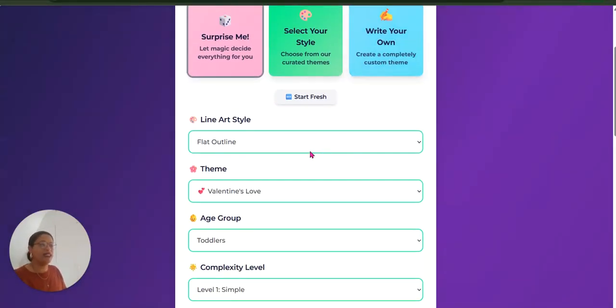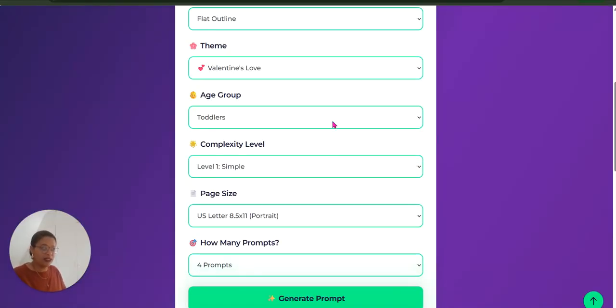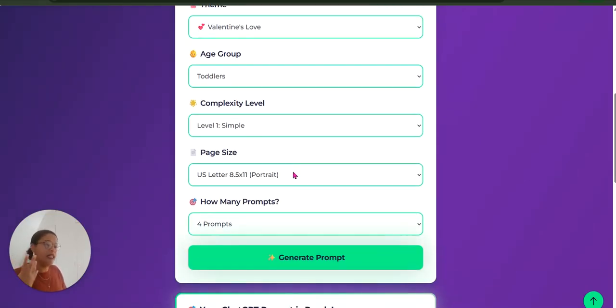What the system does is it chooses a flat outline for you, right? It chooses Valentine's Day love as a theme. It chooses toddlers, adult, whatever. Simple in terms of complexity. I've deliberately set up the page size as an option for you to pick from. And the reason for that is some systems will create the